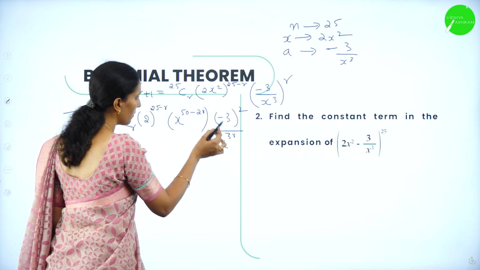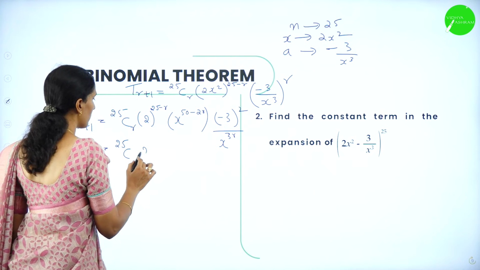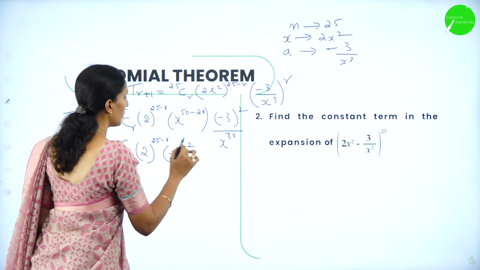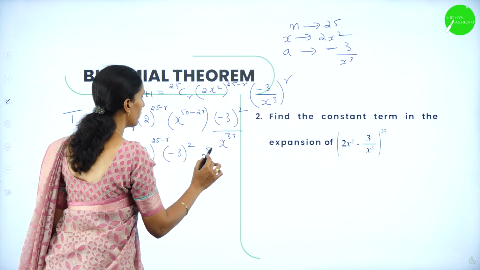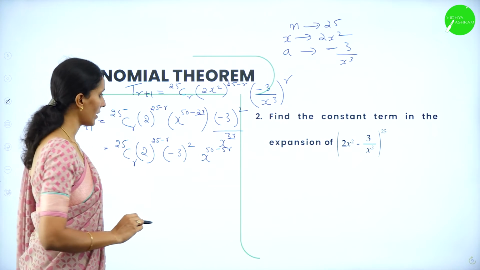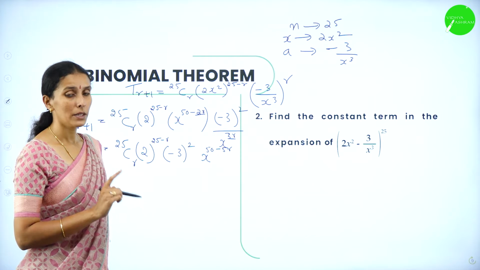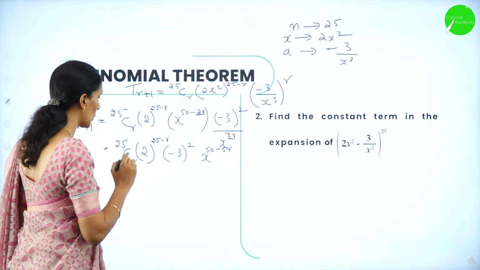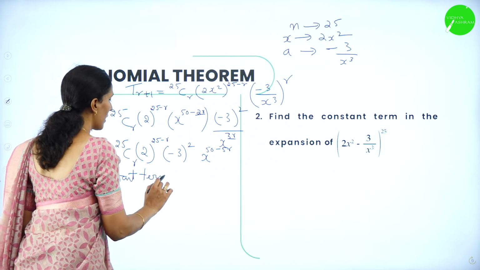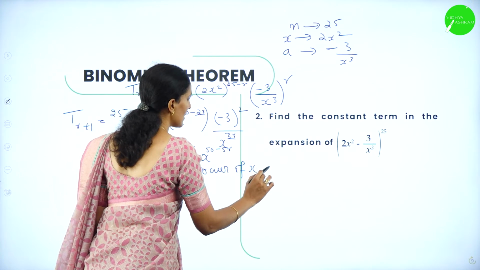When you take this x^(3r) to the numerator, separate all the numerical coefficients. You will get x to the power 50−5r, since −2r−3r becomes −5r. So what is the condition? If you want to find the constant term, it has its power of x as 0.